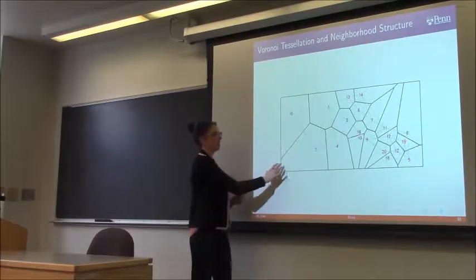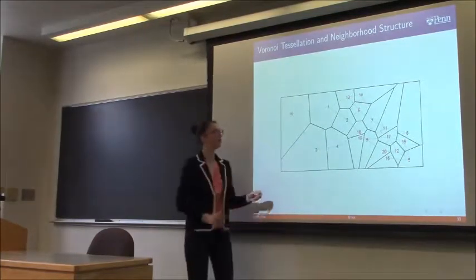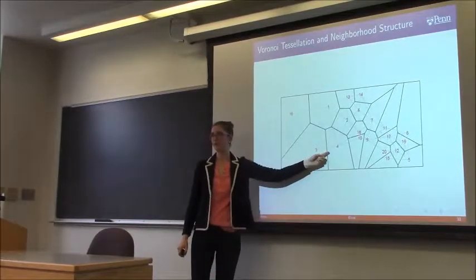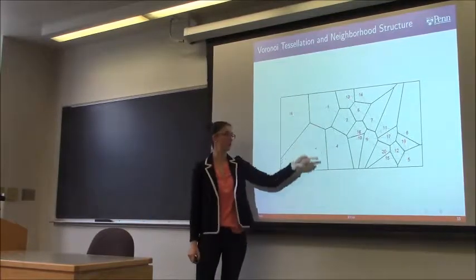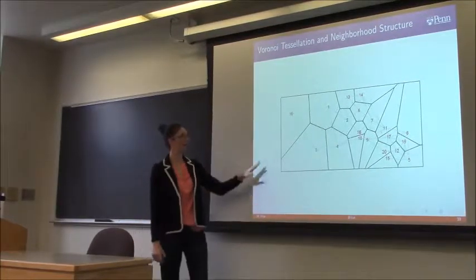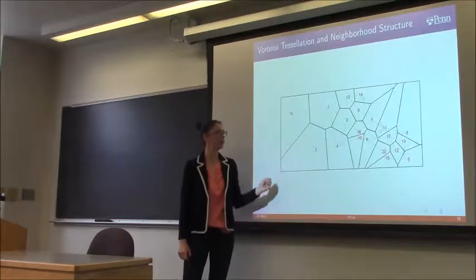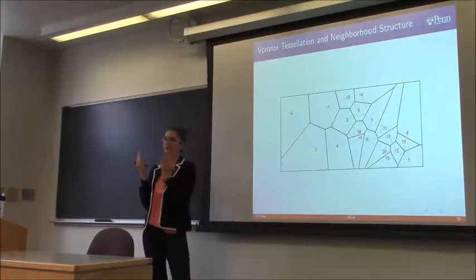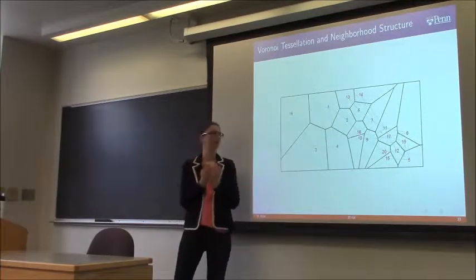What that means is that all of these points in this tile fall more closely to the number 3 than the number 4, the number 16, or the number 1, which is how we get that boundary. Does that make sense? Okay, so once we have all of these tiles, we can say any two tiles that touch, those villages are neighbors.